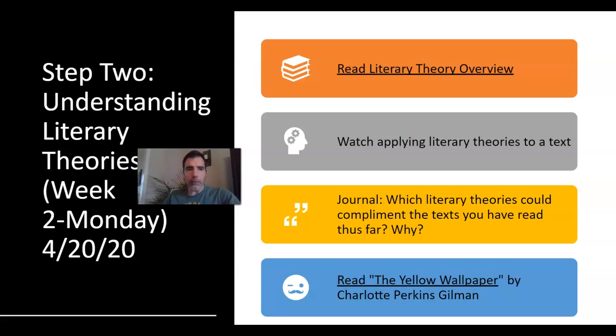Hello, everybody. I just wanted to give you some updates about the unit that we're on. I want to talk a little bit about The Yellow Wallpaper, and I would like to point you in the direction of some resources that you can use as you're beginning to think about writing the draft of